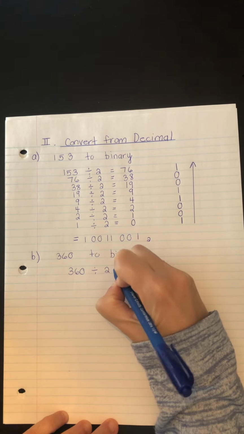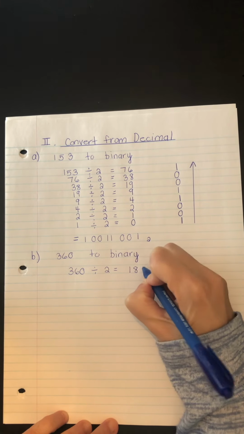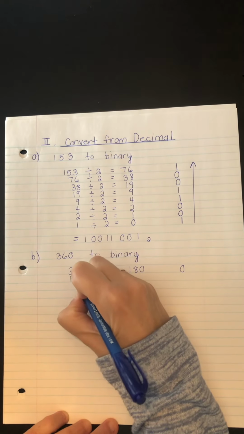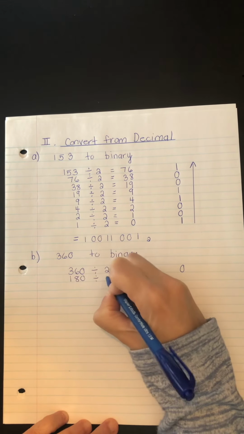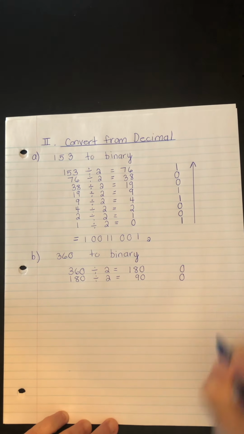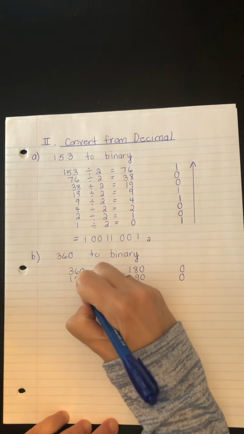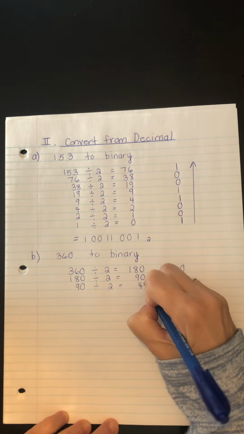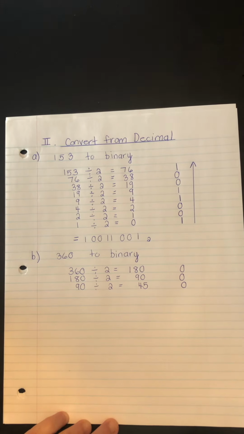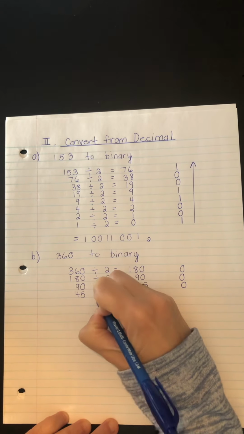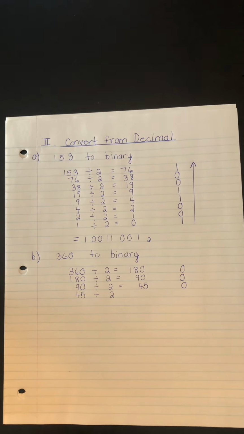Okay, so 360 divided by 2 is exactly 180. So the remainder is 0. 180 divided by 2 is exactly 90. So the remainder is 0. 90 divided by 2 is exactly 45. The remainder is 0. But now, 45 divided by 2 is